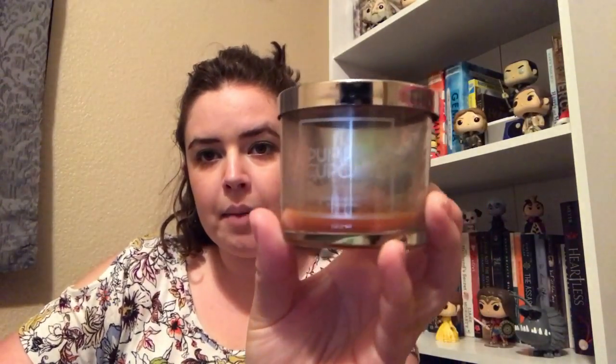I also have a little candle here. This is the Pumpkin Cupcake 4-ounce candle. I burned it all the way down. It looks like a pretty clean burn, and it has just like a tiny bit of sooting from when the flame put itself out, but it had tiny wick syndrome so bad I had to cotton ball it,